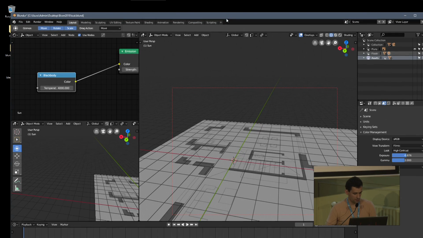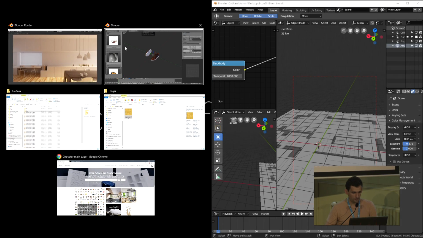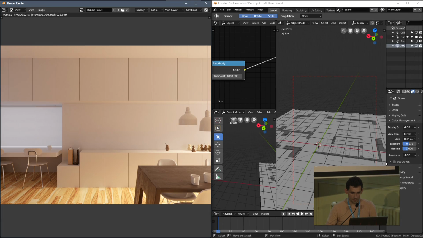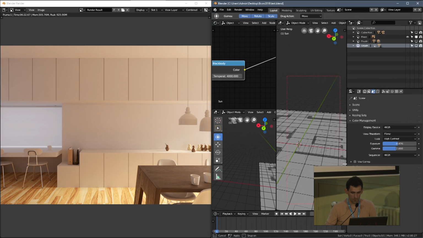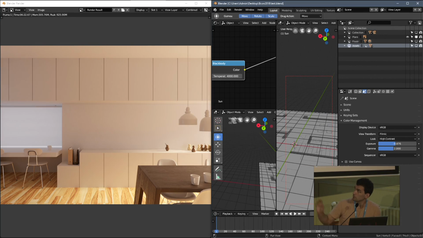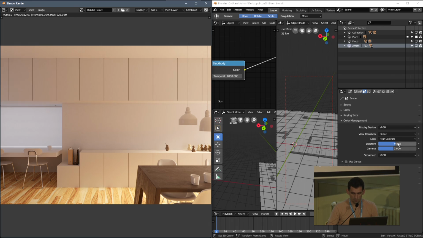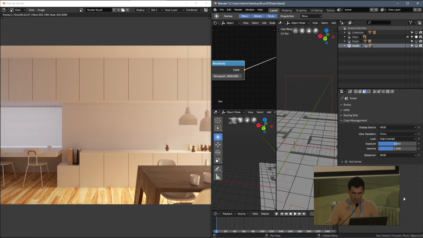I'm just a bit afraid that it crashes, but I will try to do it like this. And I'm a bit afraid it might not be fully visible on the beamer, but yeah. So